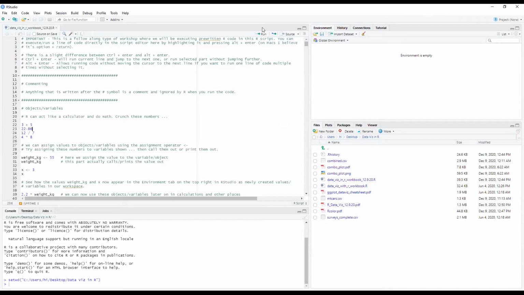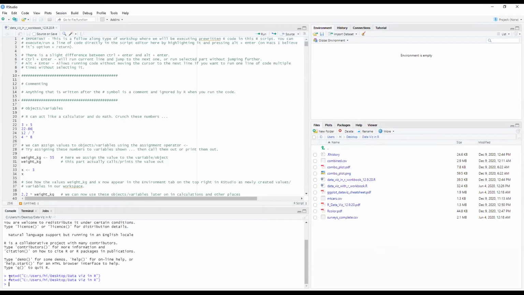Okay, someone's asking where the default app setting page is. I'm not exactly sure what that is. If you're asking about where to set the working directory, it's right here in this little more section. You would navigate to the folder that you want to set as the working directory, and then you just set as working directory. It should execute in the console here and set this particular directory. For me, it's a folder called DataViz in R.